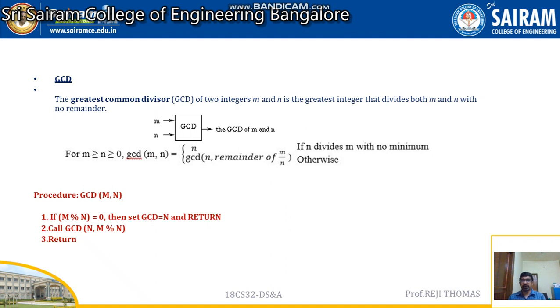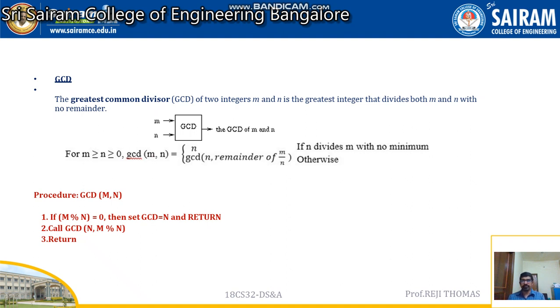So what it says is, if you take 3 and 4, 3 is the first number and 4 is the second number. If I take 3 and 4, what is the GCD? Everyone knows for 3 and 4, the greatest common divisor is going to be 1. If I take 2 and 4, the GCD is going to be 2. If I take 2 and 5, again the GCD is going to be 1. That is going to be the greatest common divisor, right? Excuse me. So let us see how we can do this.